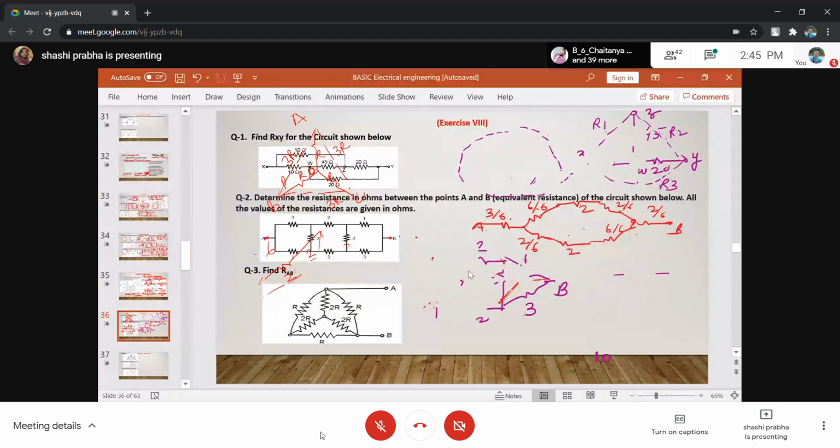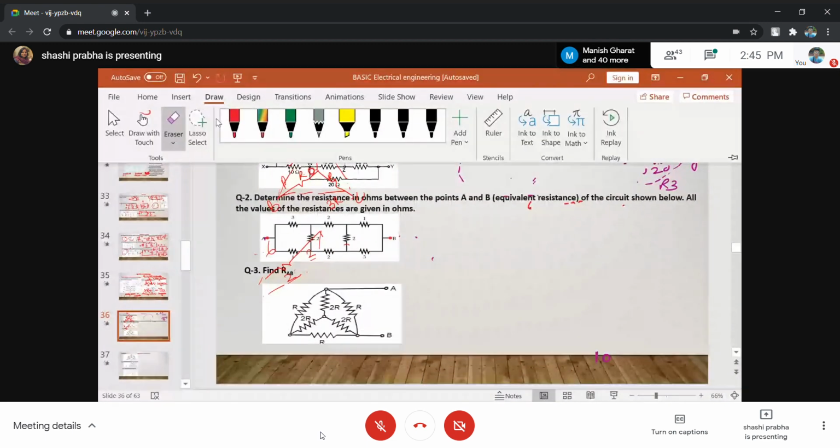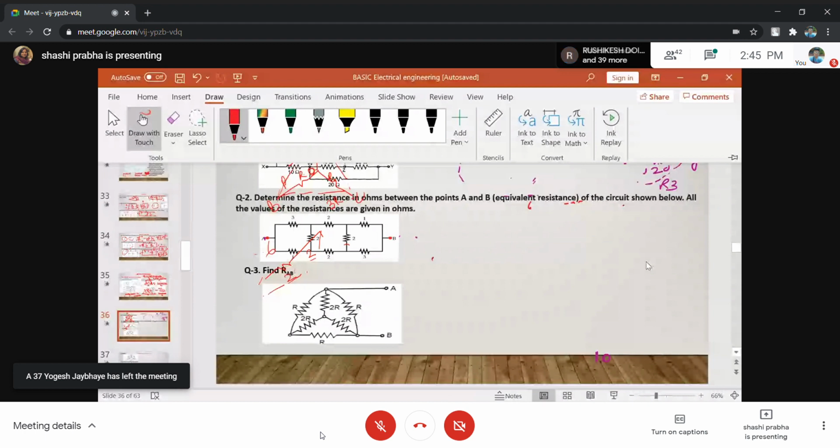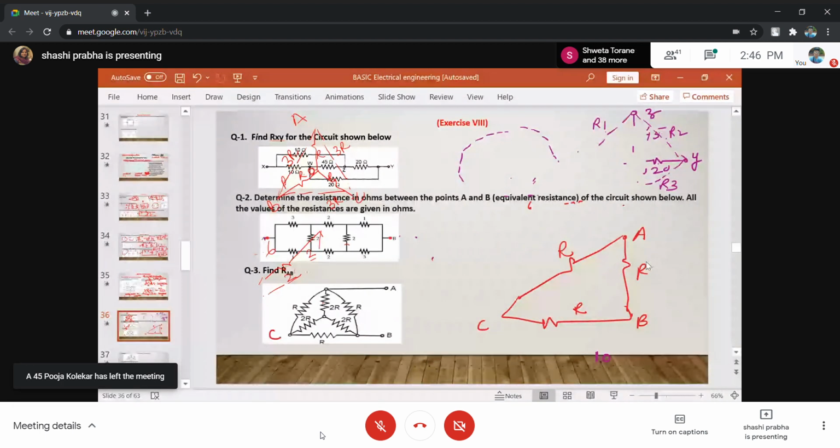ठीक है, so let us redraw. जल्दी से क्विकली एक डायग्राम ड्रॉ कर लेते हैं. See, 2R 2R 2R. So what I have, A will remain as it is, B will remain as it is, this R will remain as it is, this will remain as it is, and this will remain as it is. I will name it as C. Outer one. Inner star, जो है ना, OA, OB, OC.